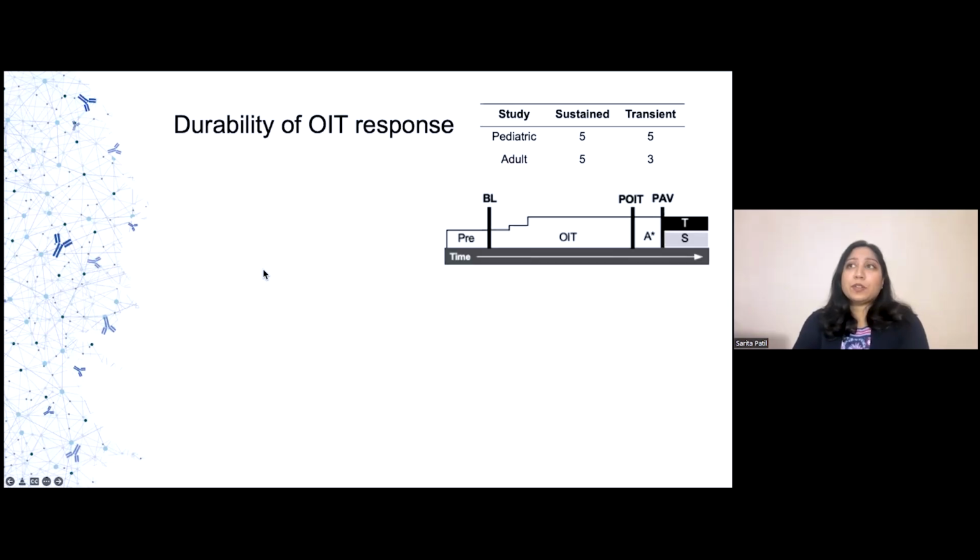And so we turned to two clinical trials of peanut oral immunotherapy, both a pediatric and an adult trial, where patients were able to undergo a high dose course of oral immunotherapy, meaning that they got to a total of 4 grams of peanut allergen during the course of their immunotherapy. They then stopped it for 1 to 3 months, and then we examined whether it had sustained or transient effects. And so we could take a subset of patients who had sustained responses and a subset that had transient responses,